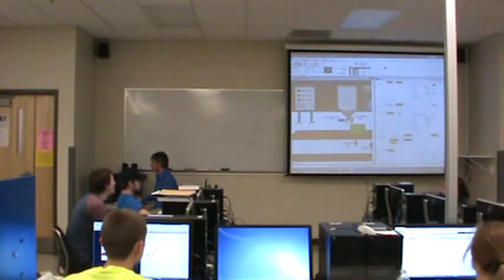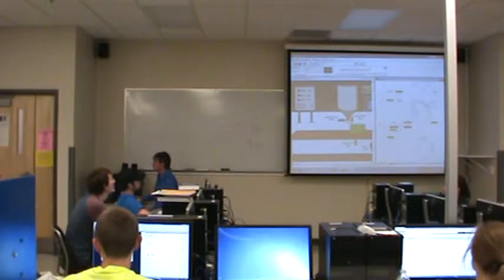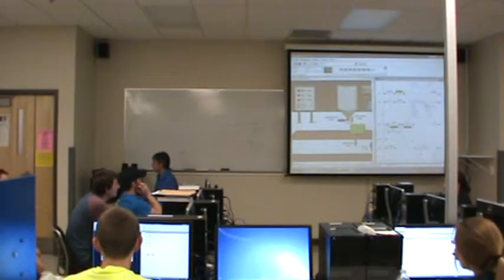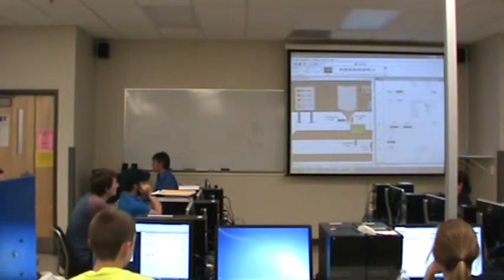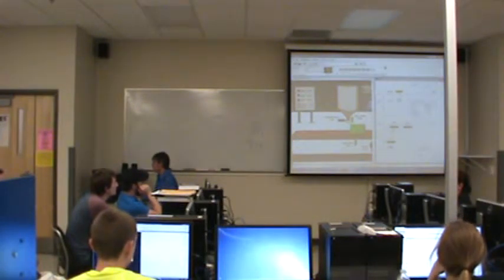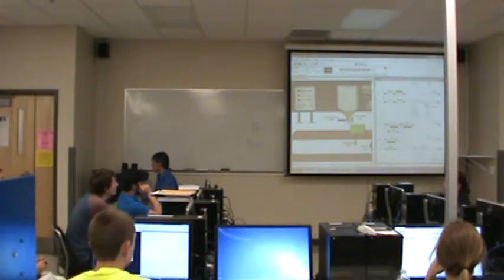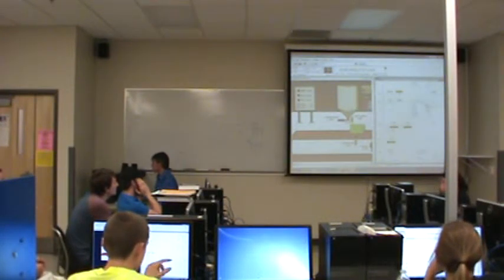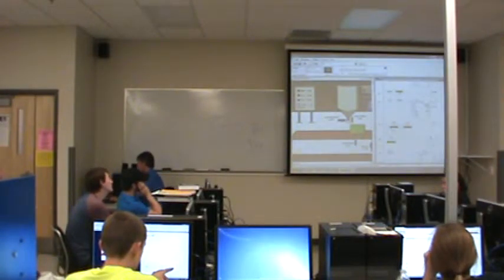So what I'd recommend, I'm going to add one more thing to this program because you saw the problem I just had. I'm going to add one more thing that's pretty simple. I'm going to add another rung just below here, so that whenever the start button is pressed, then I will reset 2 things. Those 2 things are